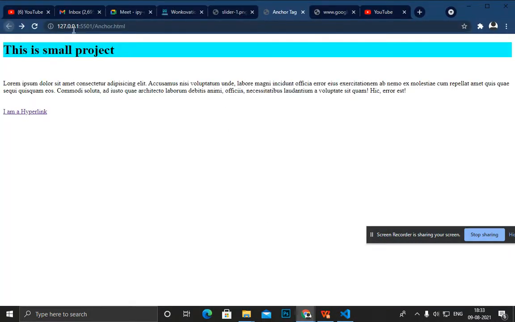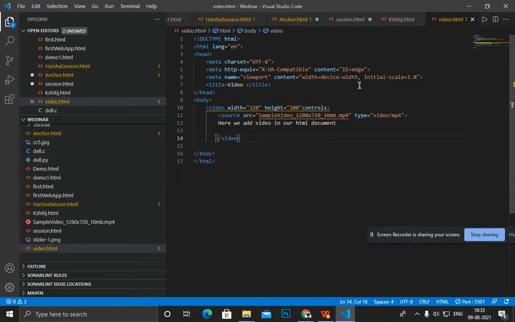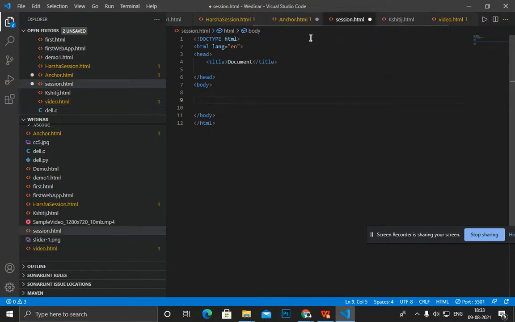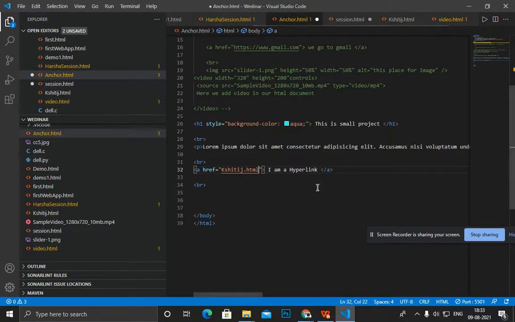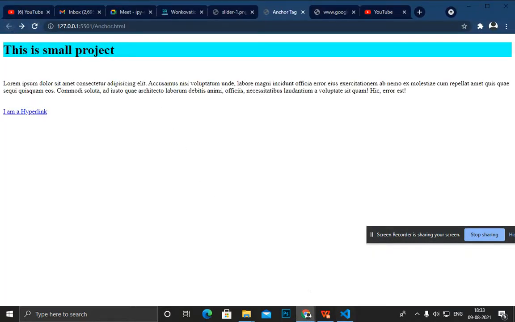Now you see that this is our first page. When I click this, we go to session.html. Oh, just a minute, I didn't save this. Okay, maybe now it's perfect.